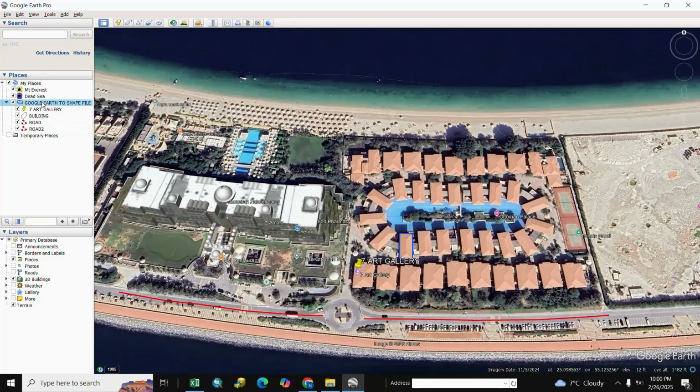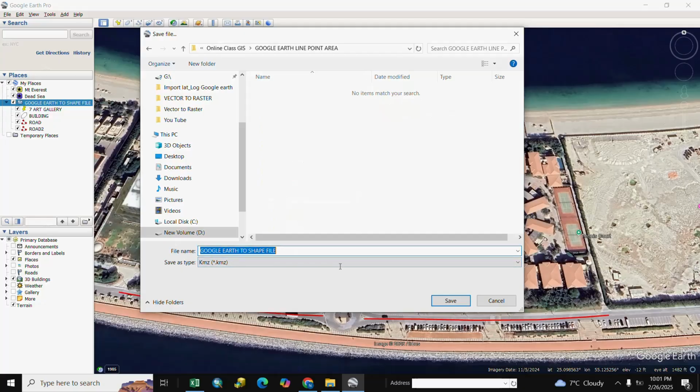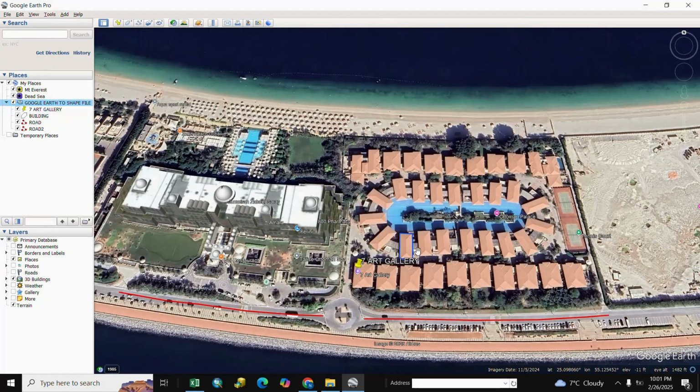We right click on our folder and go to Save Place, and we save it. After saving, we open ArcMap.